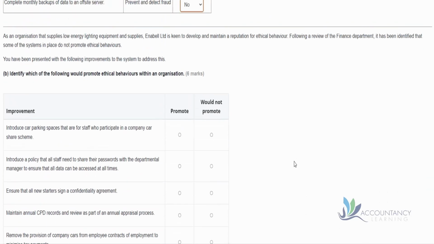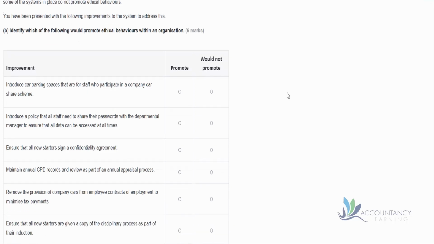And then in part B of the question, as an organisation that supplies low energy lighting equipment and supplies, Annabelle Limited is keen to develop and maintain a reputation for ethical behaviour. Following a review of the finance department, it has been identified that some of the systems in place do not promote ethical behaviours. So we've been presented with the following improvements to the system to address this, and we need